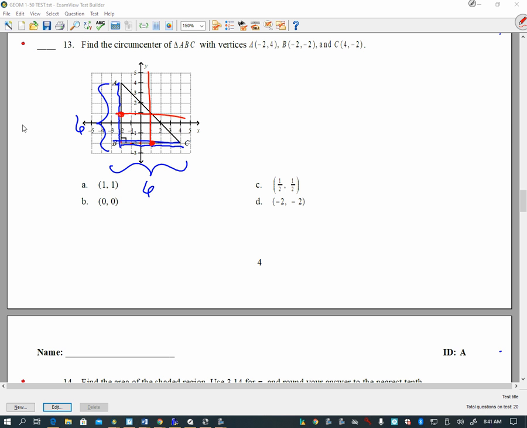We really don't have to because we already know where those two lines intersect, right? They intersect right here on this line. In fact, that's a rule that we find in our book: if we are trying to find the circumcenter of a right triangle, typically speaking, the circumcenter is going to be on the hypotenuse. Okay? So then we find the coordinates there, and it's to the right 1, up 1, (1, 1) is our solution. So on the test, how can I show my work?